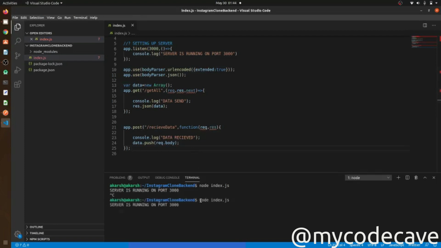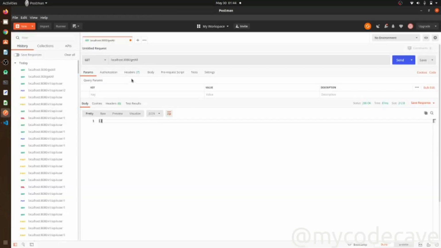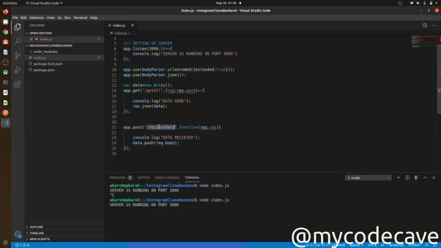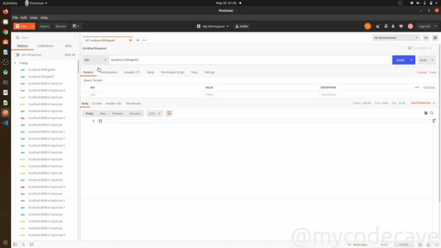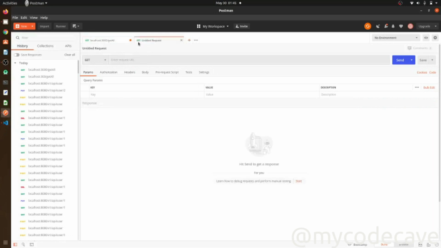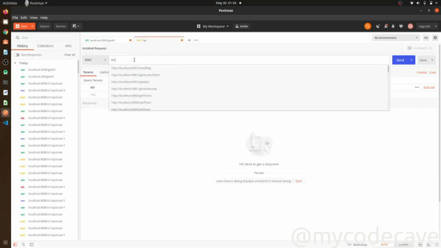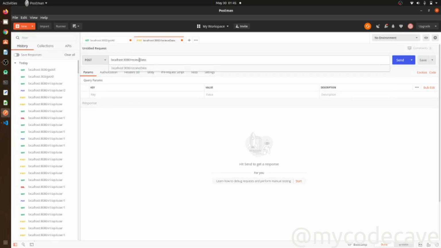We will restart our Node.js, and we have something called receive data. We will call a new method, a post, at localhost 3000 slash receive data.